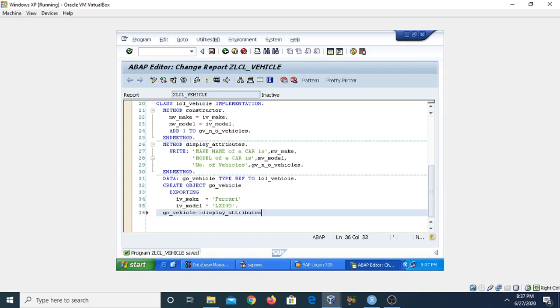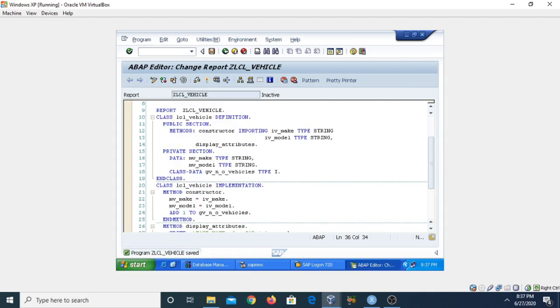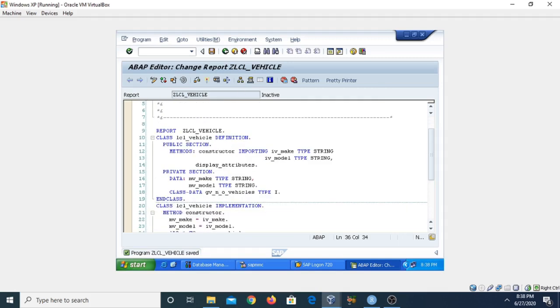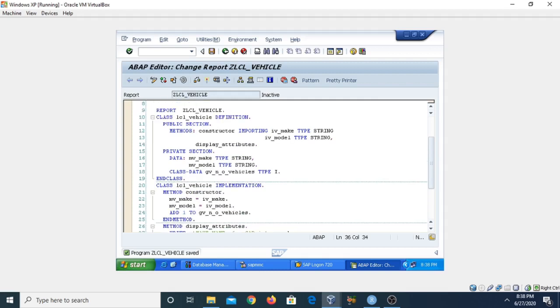In this method we need not pass the parameters because we have not taken any interfaces here, importing or exporting. So now this is the program on the constructor, how we can create and use the constructor. Now click on the save button, check the errors.